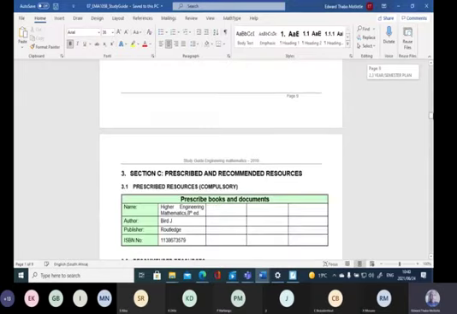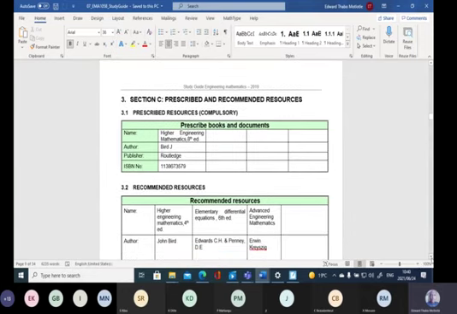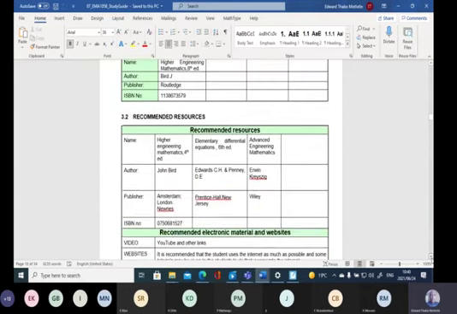This is your lesson plan. This is the prescribed textbook, and there are recommended textbooks. So you can also use a recommended textbook, can you see here? And these are not only the recommended ones, there are others also. You should check